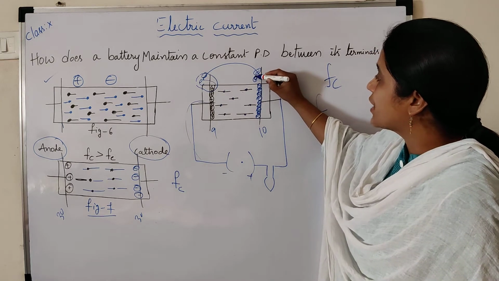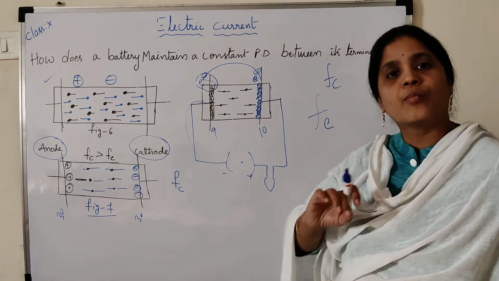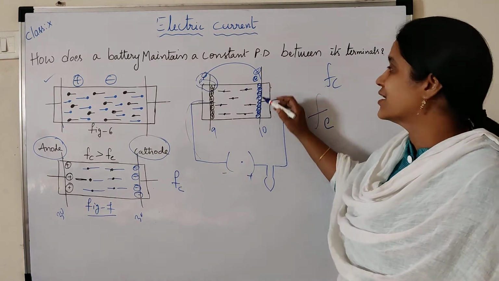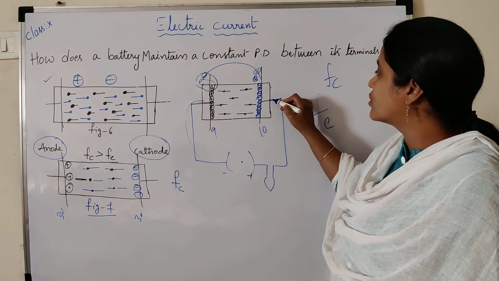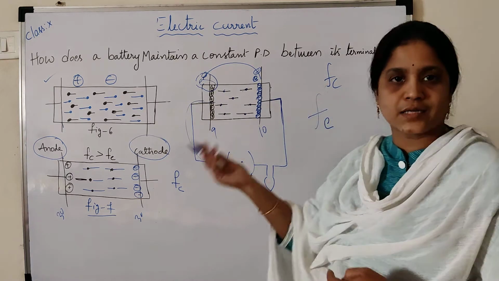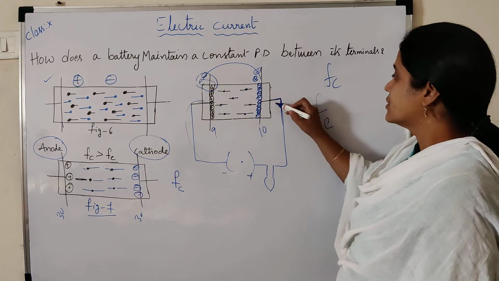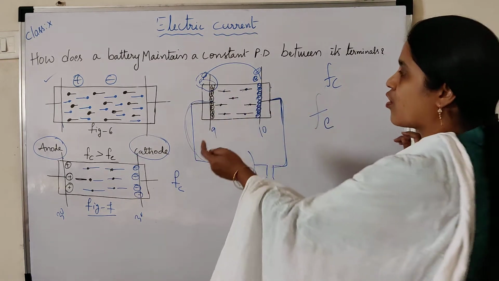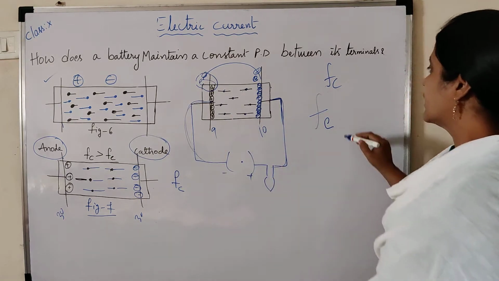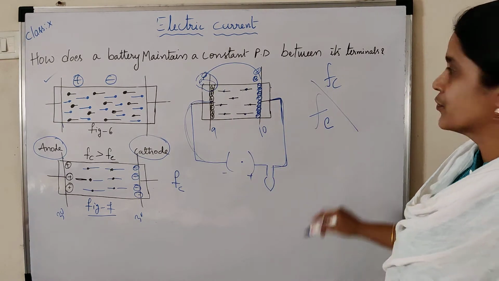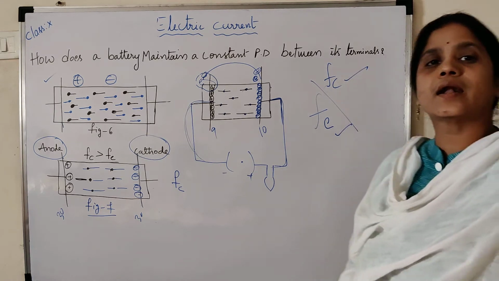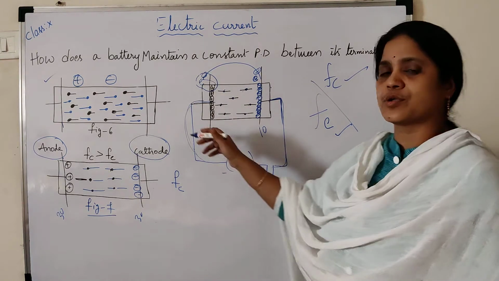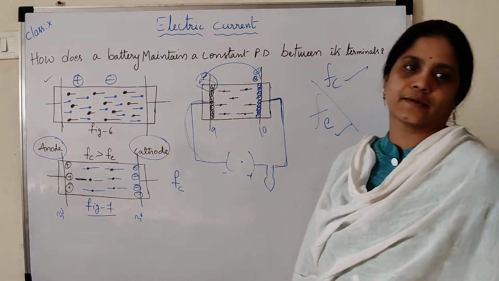So once the electron comes near the negative terminal, both repel each other. Negative and negative repel each other. Due to the repulsion, the electron is sent out of the battery. Then again it comes and goes, coming here again. So for the flow of electrons in the circuit, two types of forces are acting: chemical force and electric force. In the battery, chemical force is acting, and in the circuit, electric force is acting.